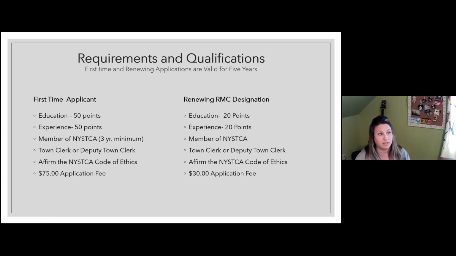The same membership requirement is in place. You can renew if you're a town clerk or deputy clerk. You have to reaffirm the NYSTCA Code of Ethics, and the application fee for renewal is only $30.